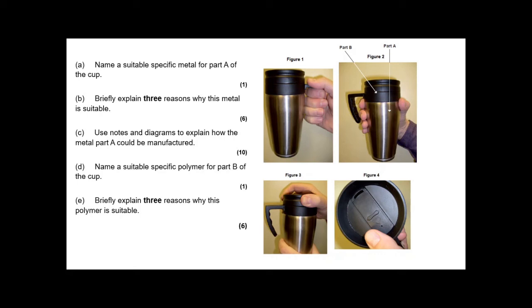Explain 3 reasons why this metal is suitable. Use notes and diagrams to explain how part A of the cup could be used, and then name a suitable specific polymer for part B and explain why it's suitable. So this is one of the examples where you're combining 2 topics together. So we've got a mixture of metals and polymers together because it's a product that uses both of them. So that's what we mean before when we're saying it's important that you can combine and compare 2 different topics